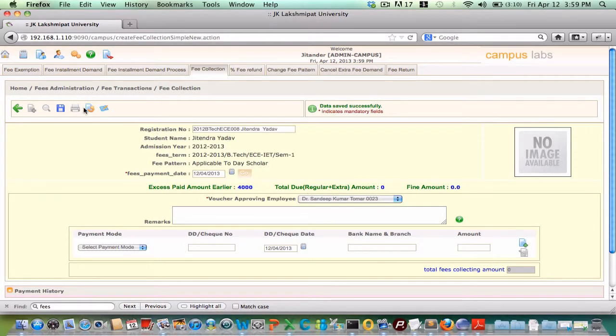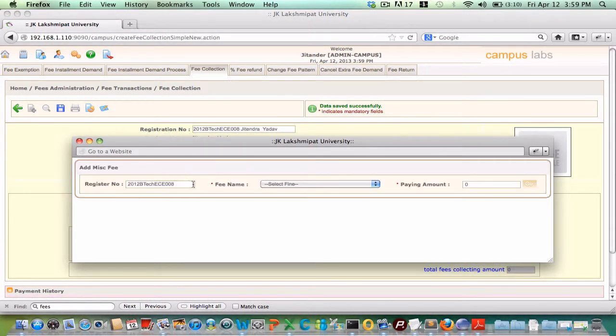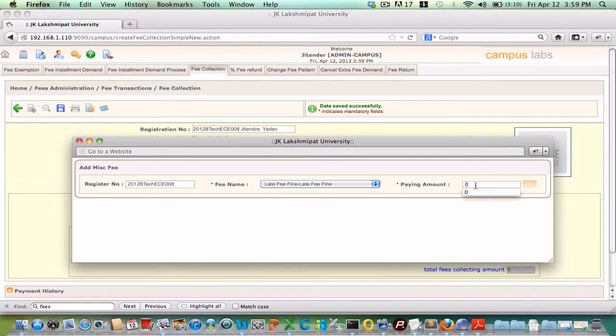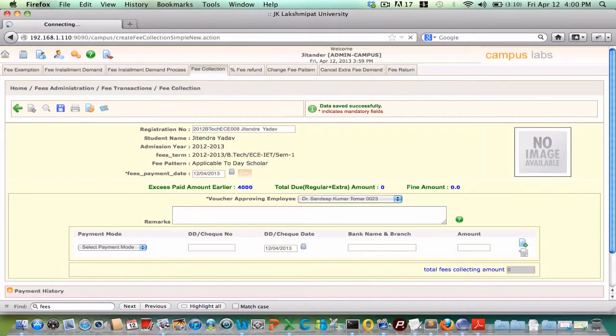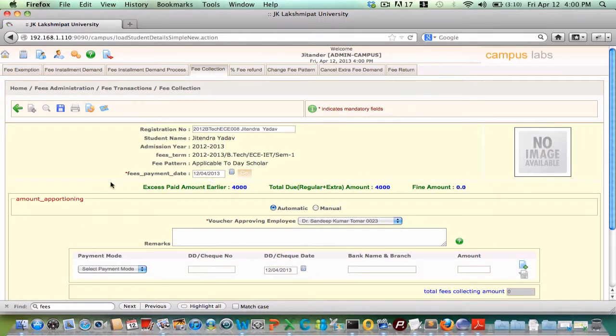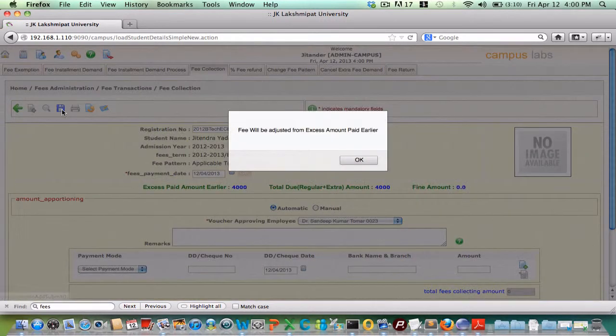Now let us create an extra demand of 4,000. And let us adjust the excess payment made earlier with this extra demand created.